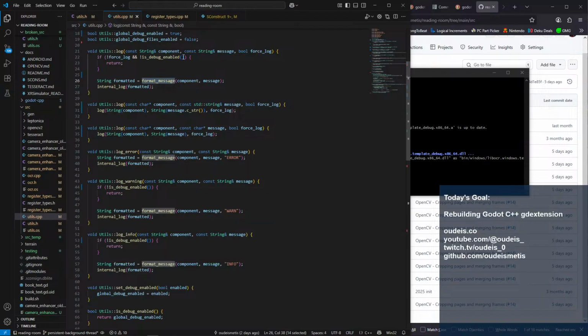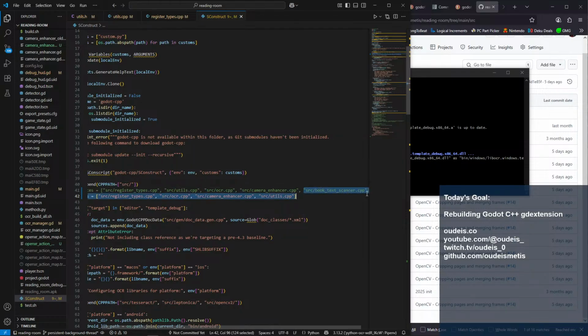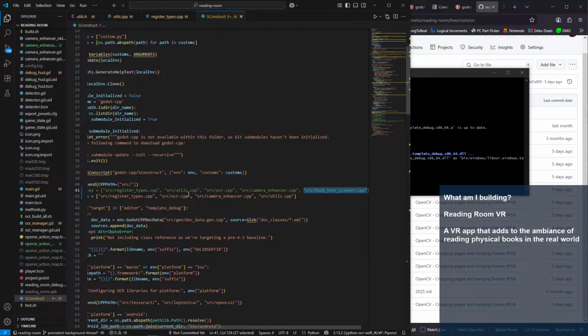And then our utils... Let me think here. Well, let's bring in the book scanner. Utils did get pushed to the end here. So let's bring in book scanner in front of OCR.